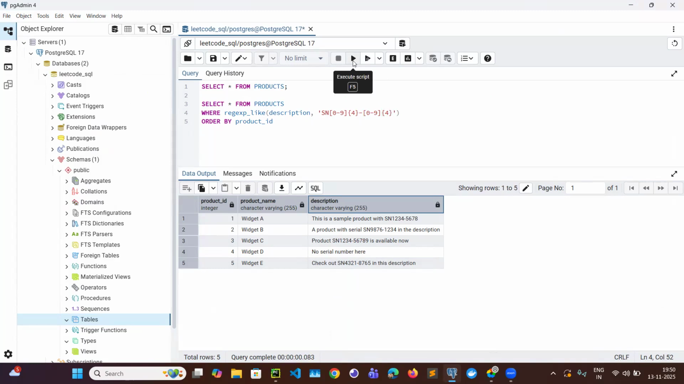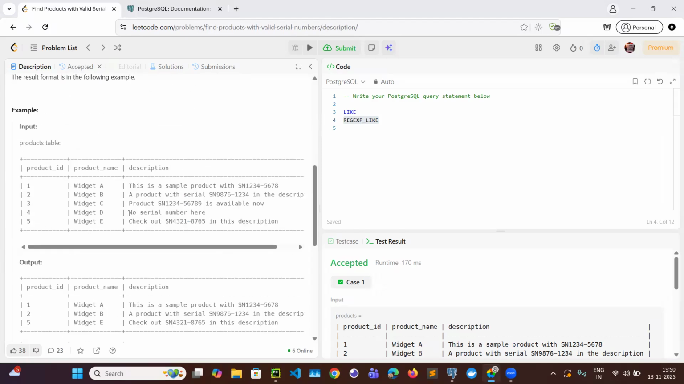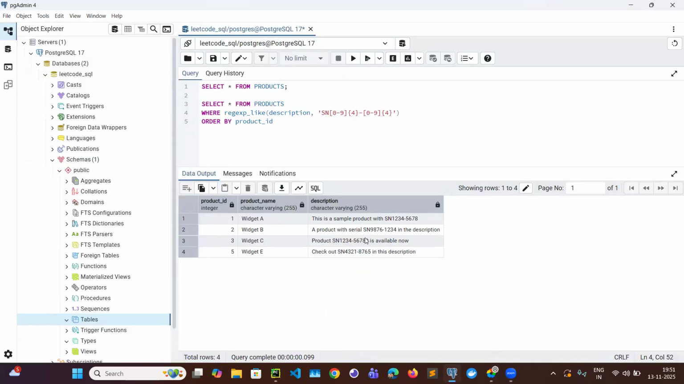Let's try that. So let's run that. So you could see it filtered this one, which is perfectly fine. So at least for one row it is working. But you could see it found this record as well, SN 1 2 3 4 5 6 7 8 9. The reason is